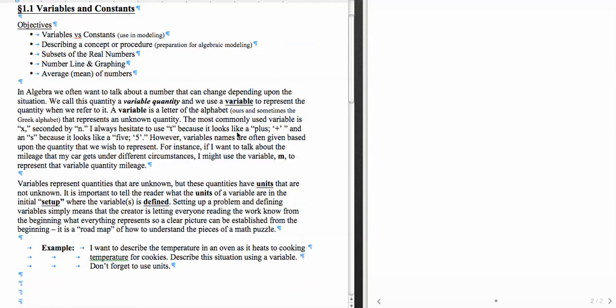I'm more partial to X than I am to N, but you can use any letter that seems to represent best the situation that you're trying to describe. I try to stay away from S's and T's because they look like pluses and fives, respectively. So what we want to understand is that you can have that choice, and that choice does sometimes reflect the